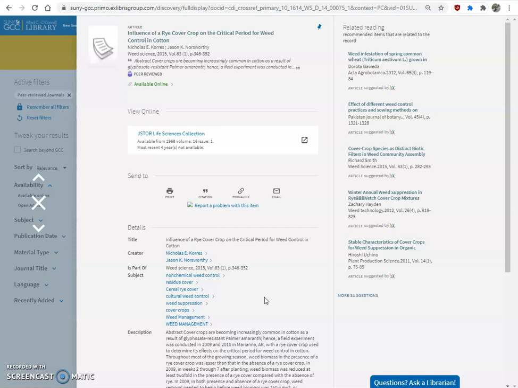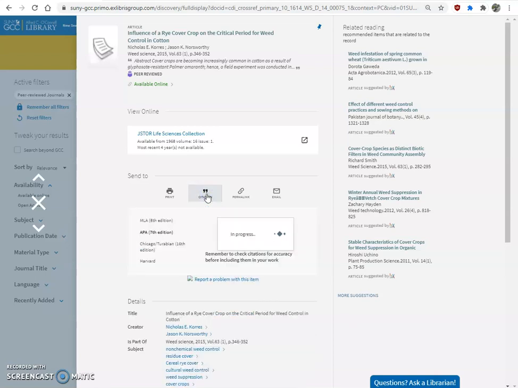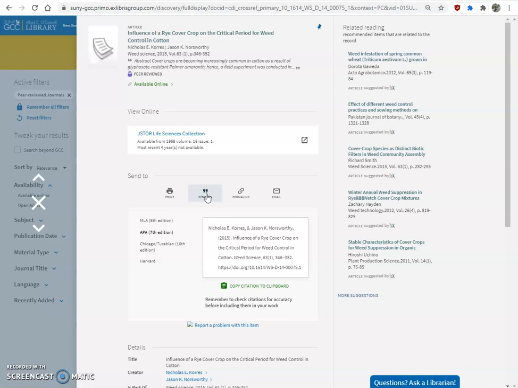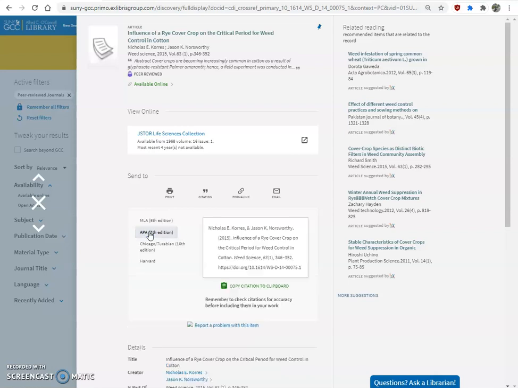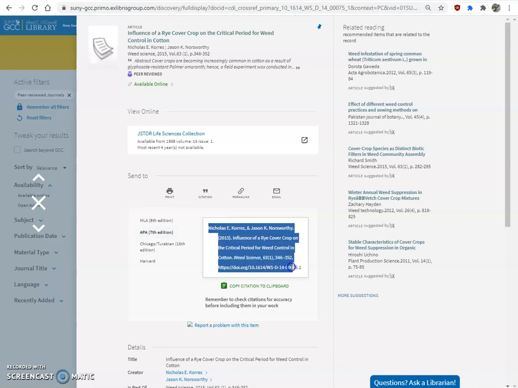They almost all have flaws. Some have more flaws than others. But what they do all have is the majority of the information in pretty much the right order, if not perfectly done, at least fixably done. So I got all of the different styles here. I'm on APA 7th edition. That's what I'm looking for. And I can see some flaws, but I'm going to copy this.